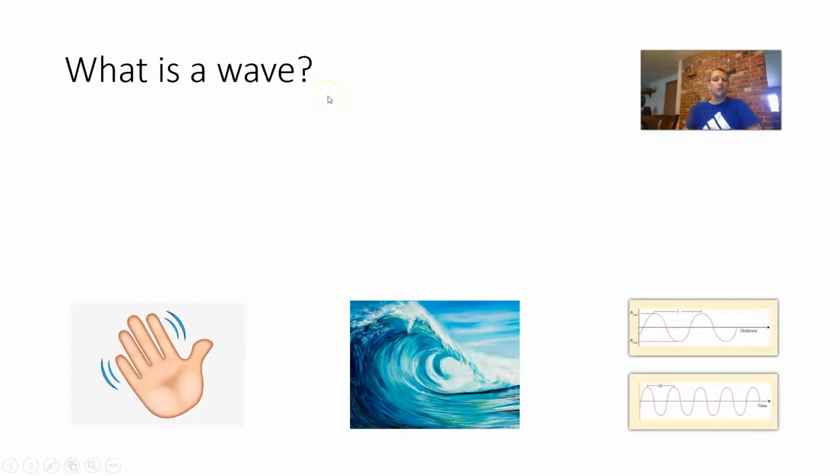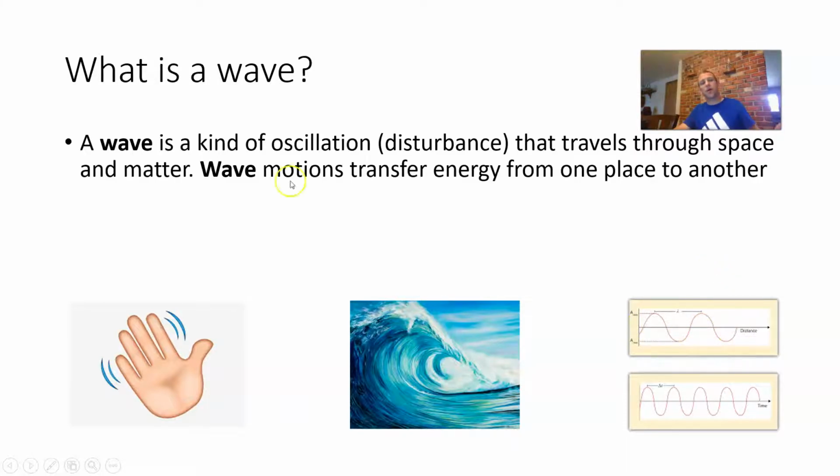You might be thinking of a lot of different things when you're thinking of a wave. You could think of someone waving. You could think of the waves at a beach, like waves in water. You could think of light waves. You could think of a picture something similar to this with this squiggly thing. There's a lot of different things you can think about, but basically, our definition of a wave, it's a kind